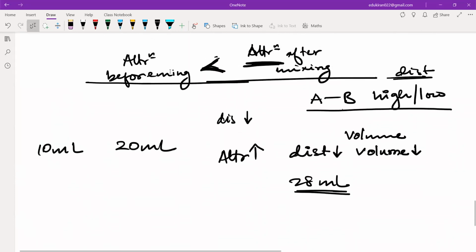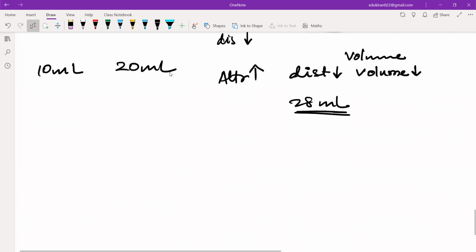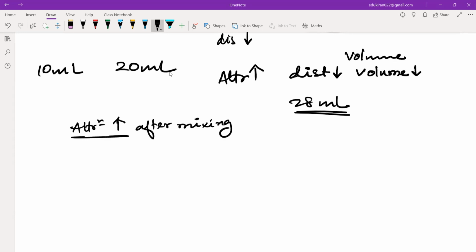Listen very carefully. This is the case that I am taking in which attraction is higher after mixing. If the attraction is higher after mixing, now you all will tell me,